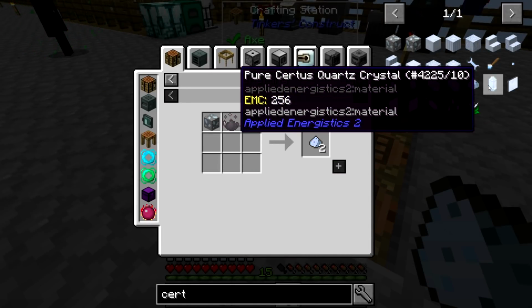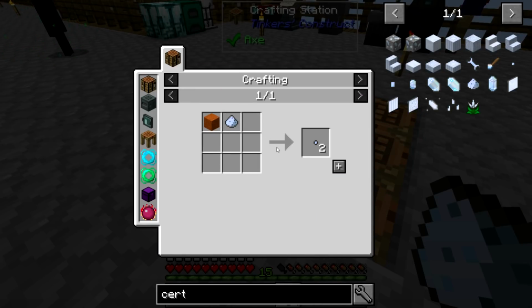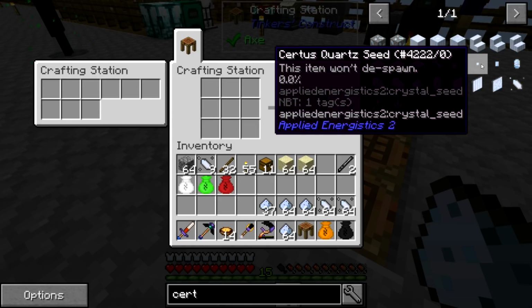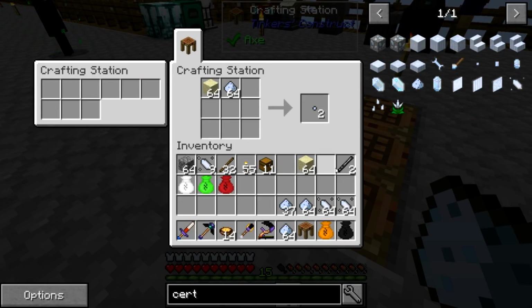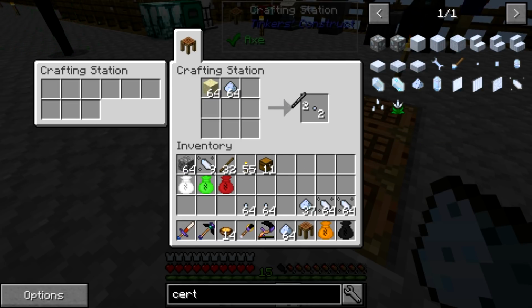Okay, and then Certus Seed. Here we go. Sand and Certus... Okay, so this is what we need right here. Certus Quartz Seed. This item won't despawn. Perfect. So we need some of those. I'm not sure how much we're going to need, but I'm just going to go ahead and make a lot